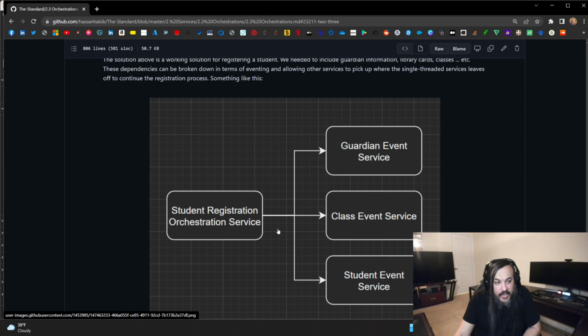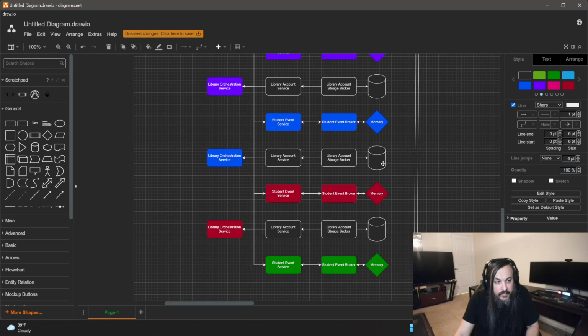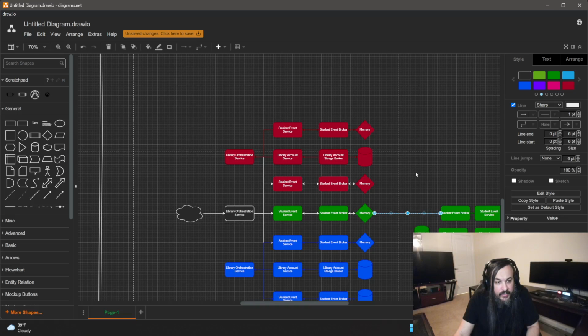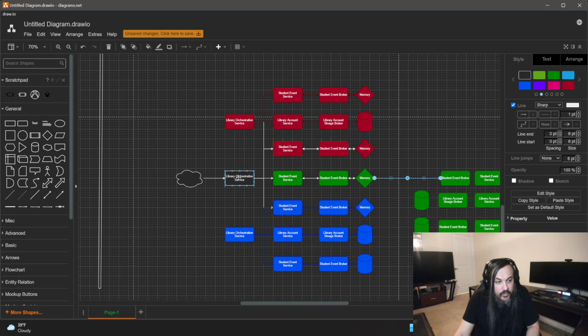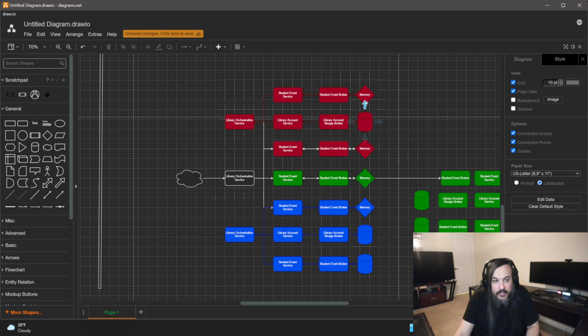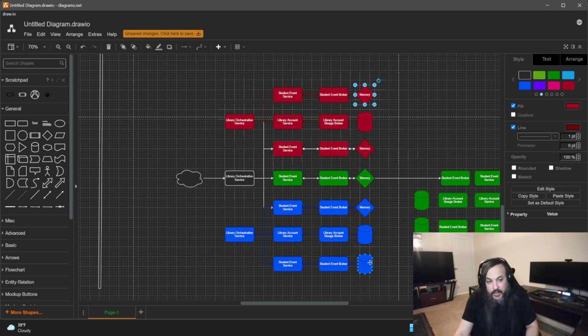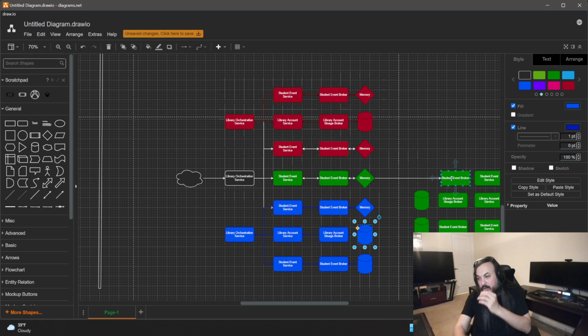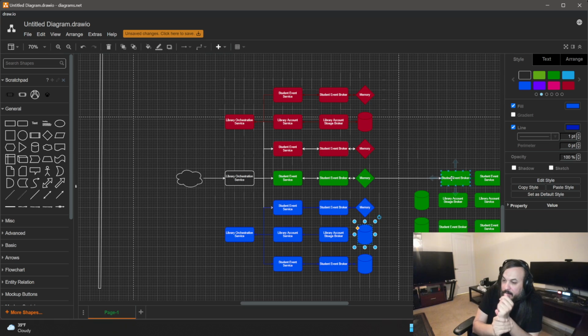So I'm basically saying, hey, why don't you just publish a bunch of events? That's literally this part that I just talked about in here. Your orchestration service is publishing a bunch of events, and every other service is picking that event up and working with it. Ideally, you could chain, or you could add the data, or you could go in the third dimension and just do it this way.